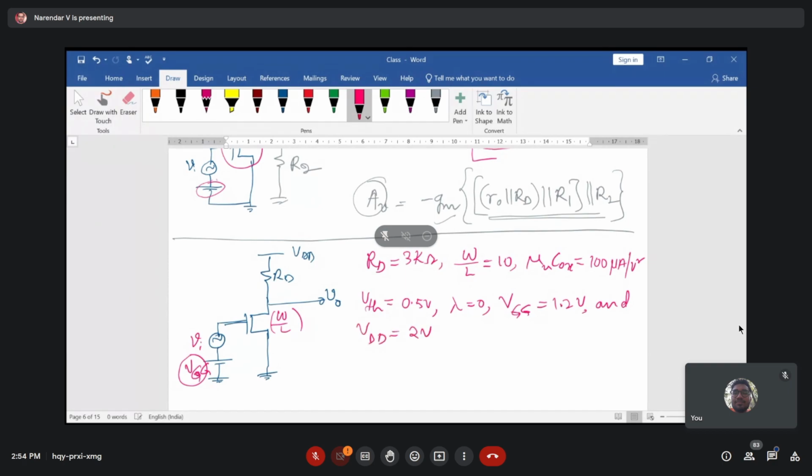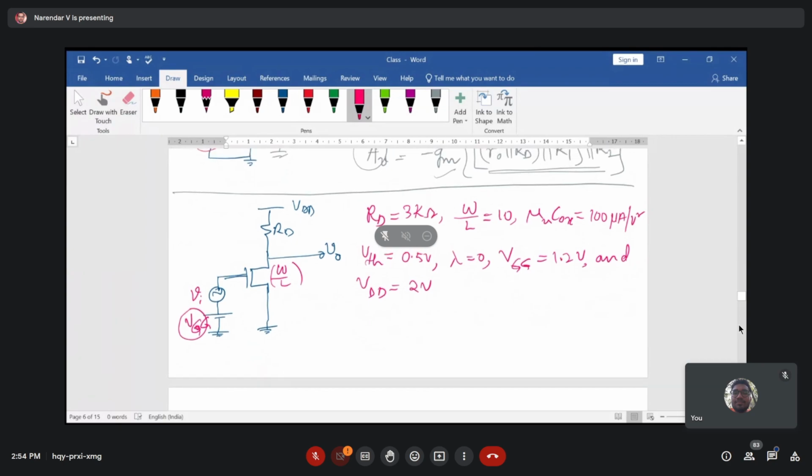So you can analyze the performance of this circuitry. To analyze the performance, what you have to do is first calculate the biasing points of your transistor, because the gain formula is valid only when the transistor is in the saturation region of operation. So first you have to ensure the transistor is in saturation, then apply the gain formula. That is going to be valid. Or else first you assume that the transistor is in